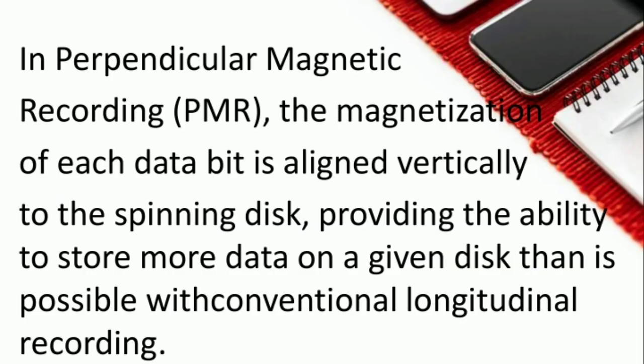In perpendicular magnetic recording, that is PMR, the magnetization of each data bit is aligned vertically to the spinning disk, providing the ability to store more data on a given disk than is possible with